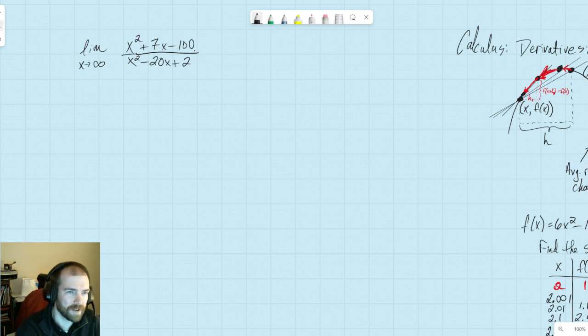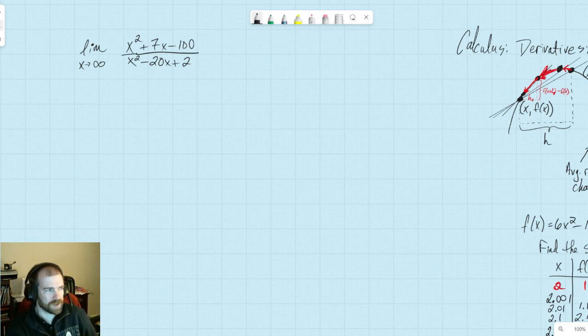Okay, so here, you look at this and you say, as x goes to infinity, as x gets really, really big, if we say that x is like 1, obviously that's not really big, but 1 squared plus 7 times 1 minus 100 is getting affected really strongly by this constant value here. And basically it's driven by the coefficients in front of it. Obviously, since it's 1, it literally is the coefficients. So if x is 1, we don't get a really interesting thing going on.